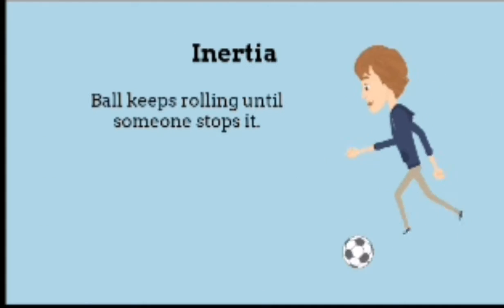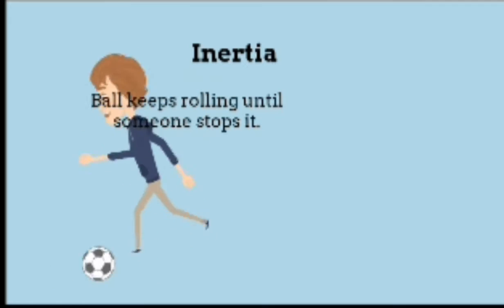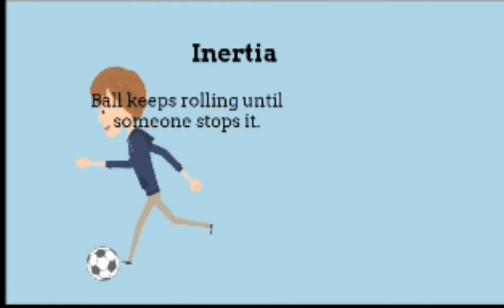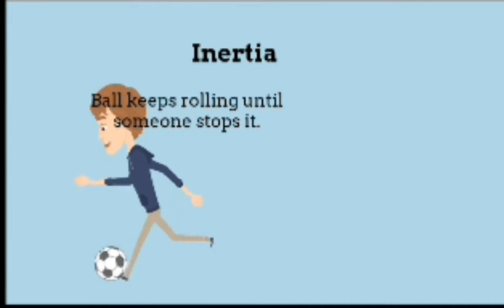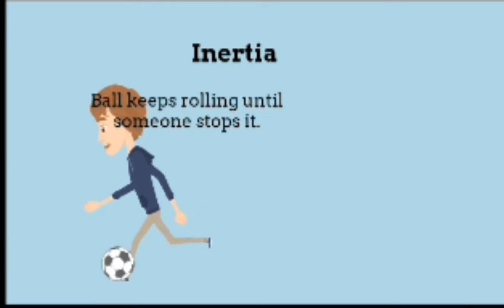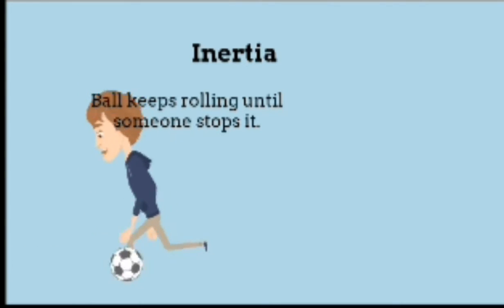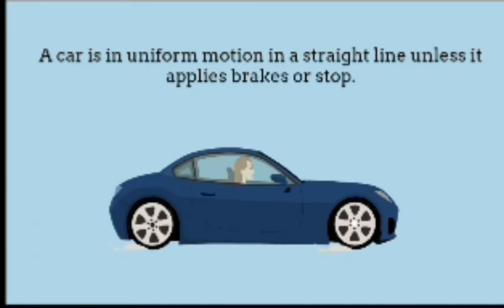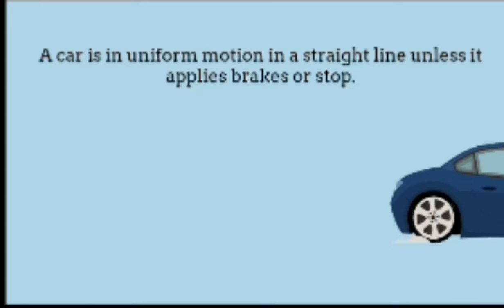Let us see some examples of inertia. A ball keeps on rolling until it is stopped by an external force. Here, the ball keeps on rolling until the person hits it again or makes it stop. Another example of the first law of motion is a car in uniform motion in a straight line unless it